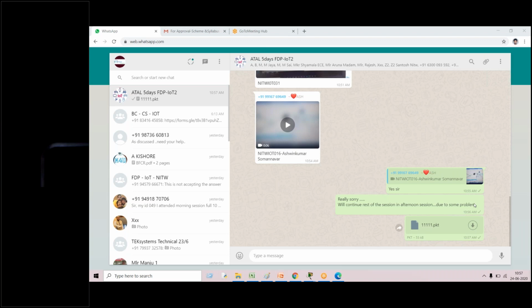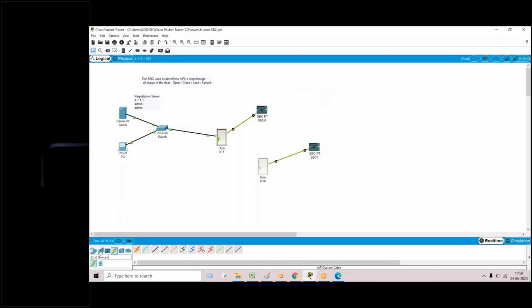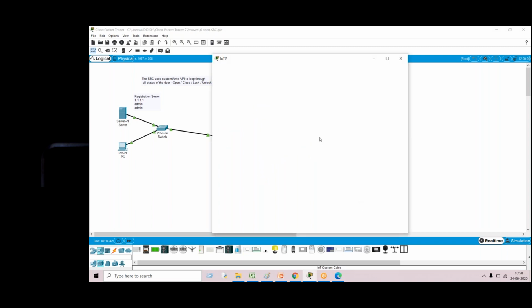Sir, the garage door is not opening when the Python program is finished running. Sir, if any device is not working, take this garage door as an example. Go to the physical specification tab and see whether the door is in the on state or off state.